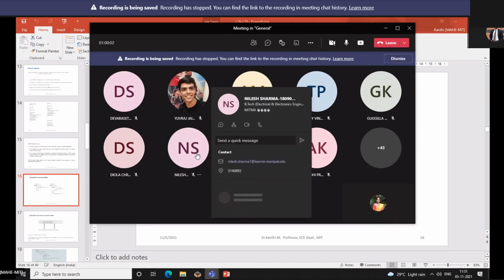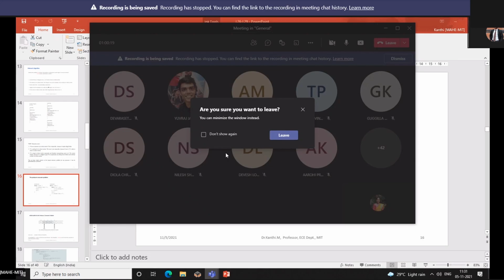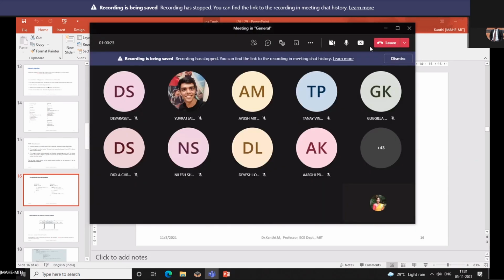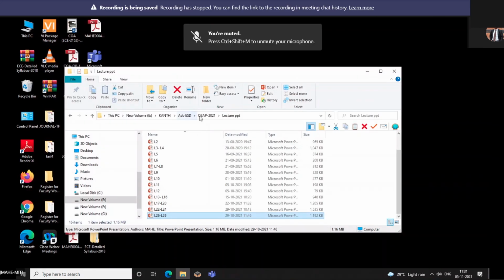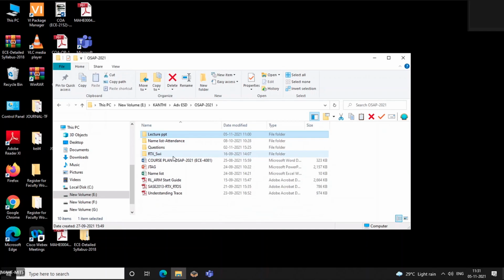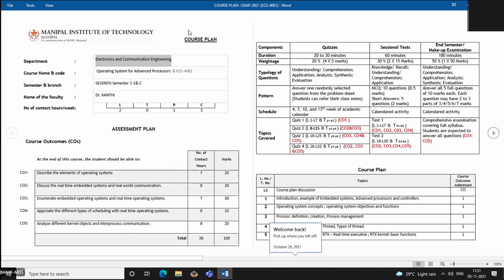I want to tell you regarding the syllabus for the exams. I think we have midterm exams from 15th onwards. Let me open, can you see the course plan?